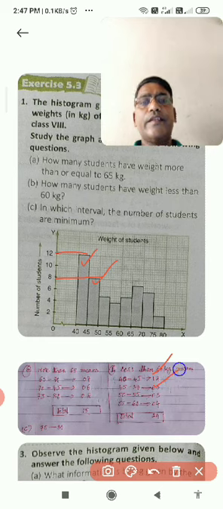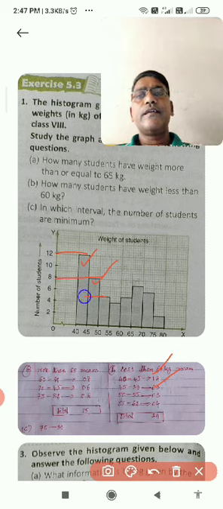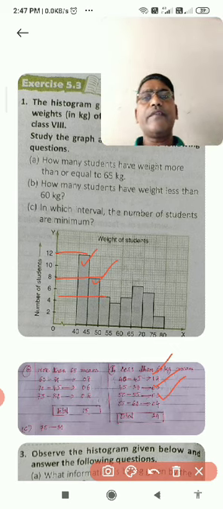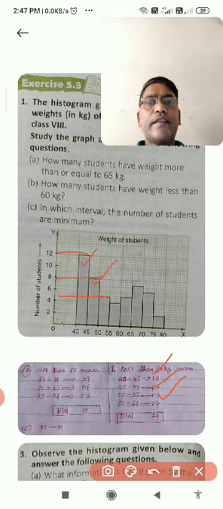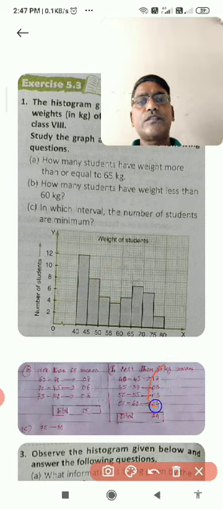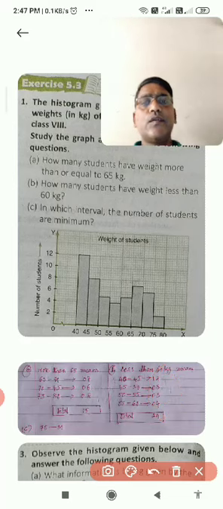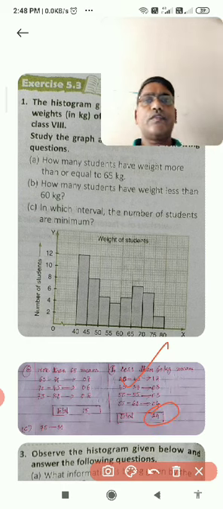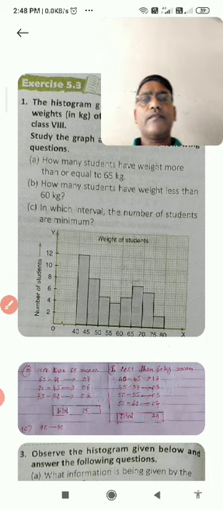Then 50 to 55, this is 5, between 4 and 6, so it is taken as 5. Next is 55 to 60, directly given as 4. Now we add these, and you get 29. So clearly, the number of students with weight less than 60 kg is 29. Now I think it is clear how to find less than and greater than. The important thing is that the upper limit is not included in the particular class. This is the only important point. I think this is clear to you, and I will go to the next question.